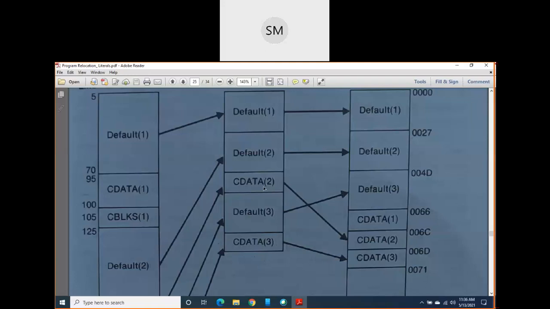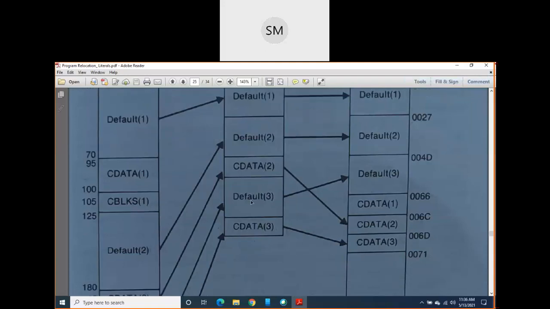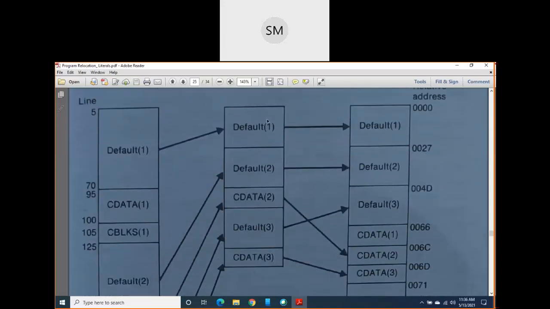Okay, so next you again resume your default block in line number 208, and this default block is appearing for the third time. Then in line number 252, you will resume once again the block C data, and this is the third time that C data is appearing in your object program. This is how your object program looks.